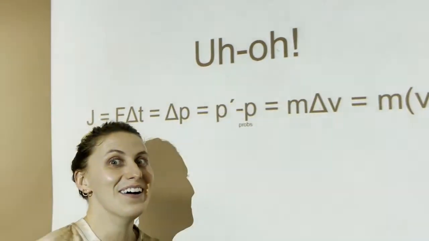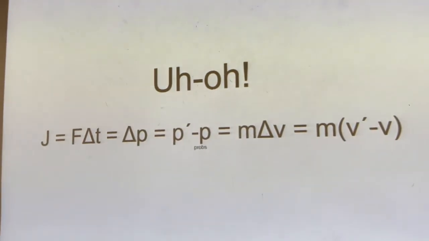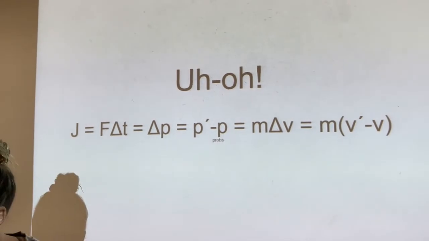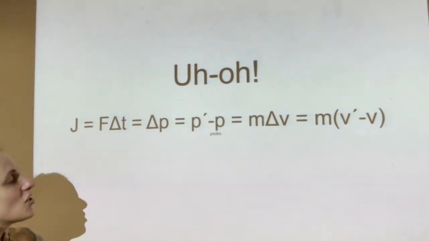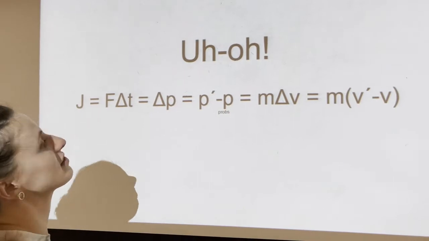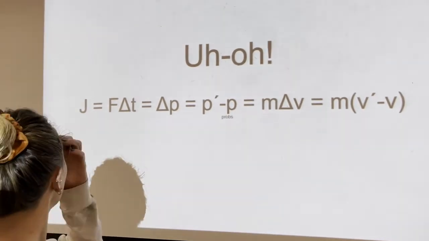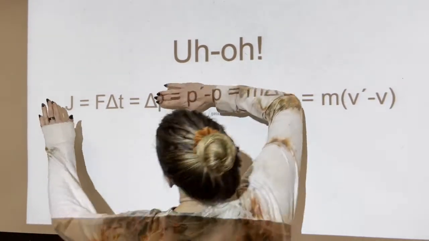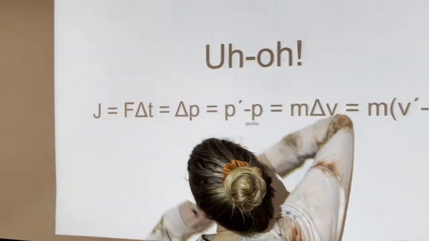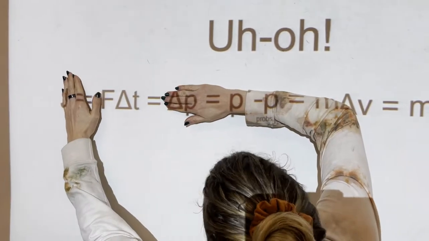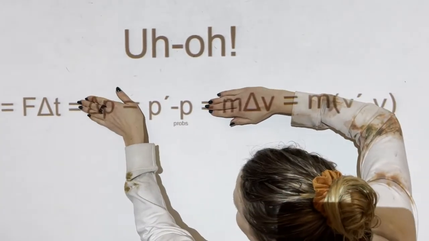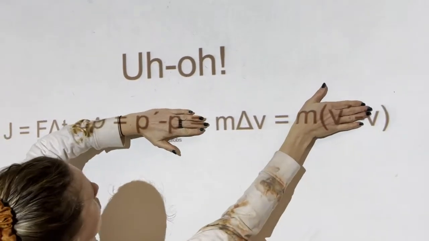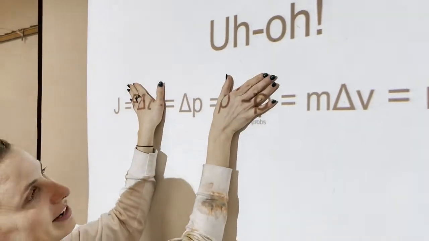Uh-oh. Whoa. Do not let this intimidate you. It's really not very scary because, in fact, the trick to this is just to look at two things and ignore everything else. We got a bunch of stuff that's all equal to each other. And so I could look at these two, this equal to this. I could look at this and say, hey, that's equal to this. I don't have enough hands to cover everything. I could say that this is equal to this, right here.